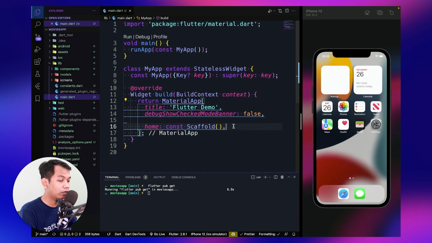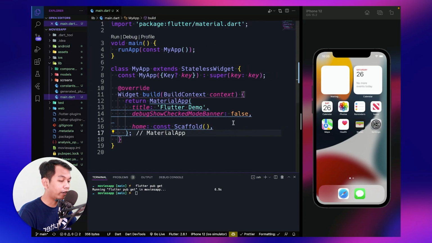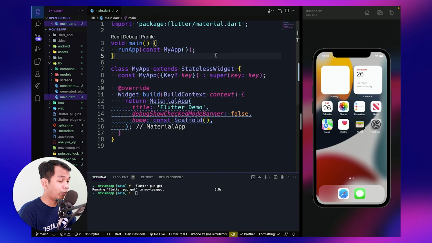Alright, so this is our main file, and this is our starting point for our app. And here, as we can see, I just wrote a scaffold. So when we run this app, it will be a white screen because it's just an empty scaffold.